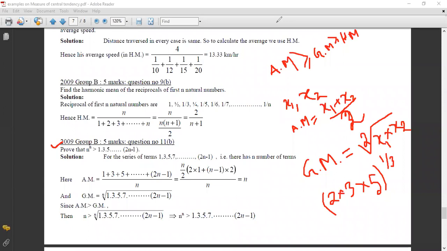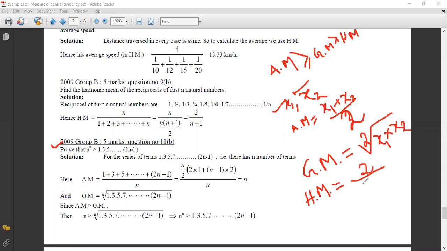Okay, now let us go for HM. And what is HM? For two elements, that is called the harmonic mean. Harmonic mean, I am repeating this old material for those who have forgotten. For two elements x1 and x2, the harmonic mean is equal to